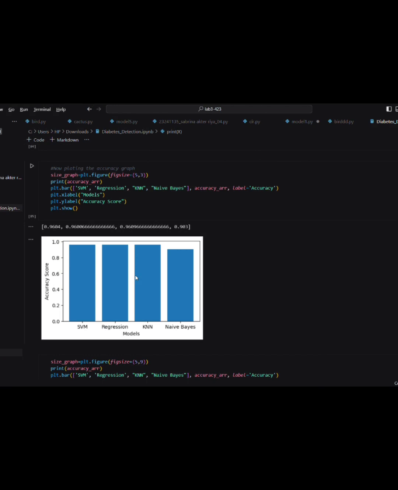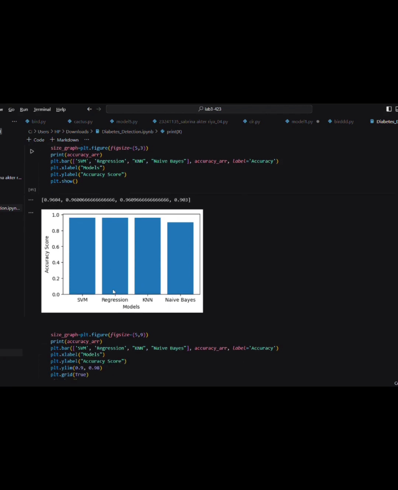For instance, our result showed that the support vector machine, known as SVM, achieved an accuracy of 96.04%, and naive Bayes had an accuracy of 90.3% after applying the algorithm. Also, we applied the logistic regression algorithm, which showed an accuracy of 96.004%.